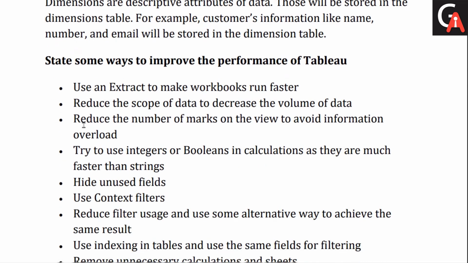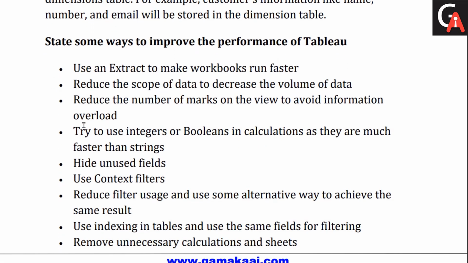Okay, next question we have for the day. State some ways to improve the performance of Tableau. There are various ways we can improve the performance of Tableau. A few of these are: use an extract to make a workbook run faster. There is an extract feature, and by using that feature we can do faster retrieval of the data.